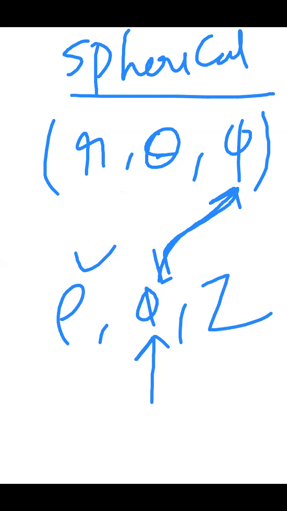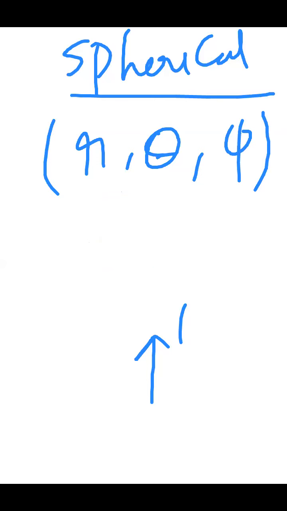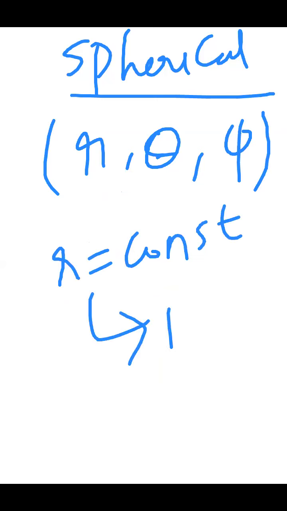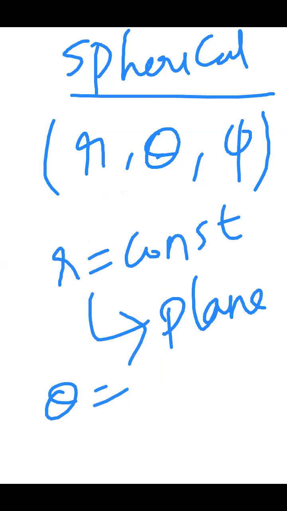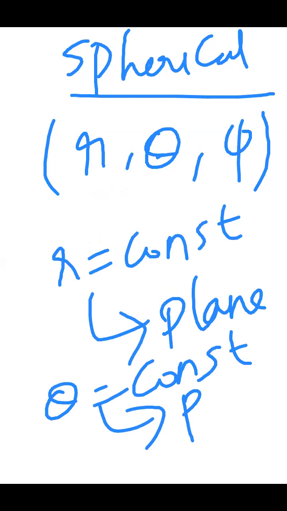Based on our previous understanding, say for example, r equal to a constant value has to give you a plane or some surface. Again, if theta is equal to a constant, it also will give you a plane. The intersection of these two has to give you a line. The line may be a straight line, a curved line, a circle, a perpendicular line, or a horizontal line.